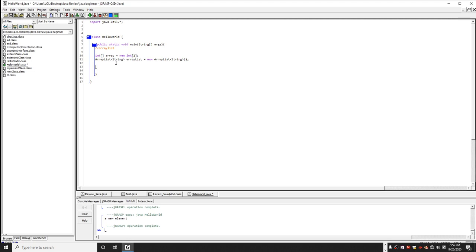Now, what is the difference between an array and an ArrayList? A regular array has a fixed size, and an ArrayList has a variable size. Let's say, for example, the array can only use index 0 for its size because of its size,